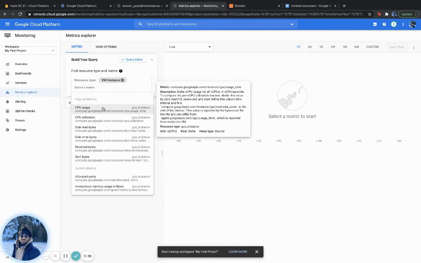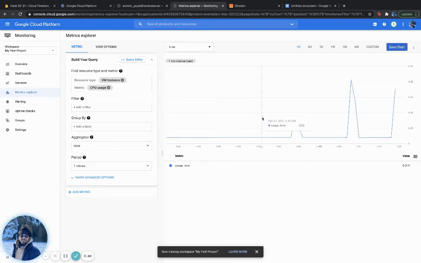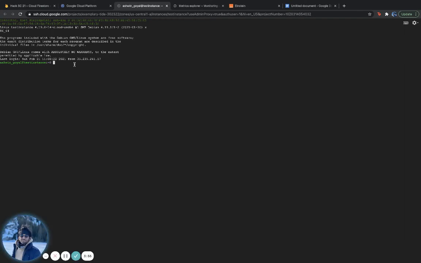So we can see our VM instance, and we can see stats like our CPU usage. As you can see, the CPU usage went up because I just showed you ML queries. So yeah, of course, our app engine had to work hard there. Let's explore it a little bit more. So this is if you SSH into our VM,